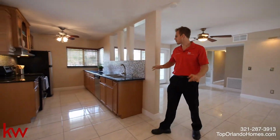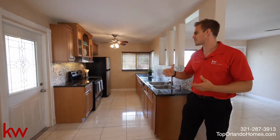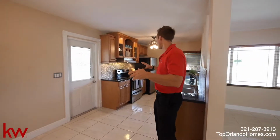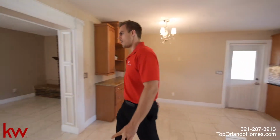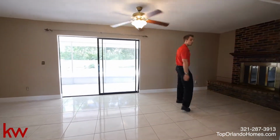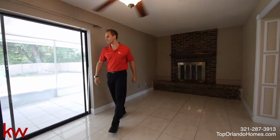We have the kitchen with granite countertops. As you can see, everything's totally modern, so it's turnkey, new appliances, all the upgraded features, a little wet bar here, and then we come into the second living room here where you have the wood-burning fireplace, nice and cozy here, and then it flows into the